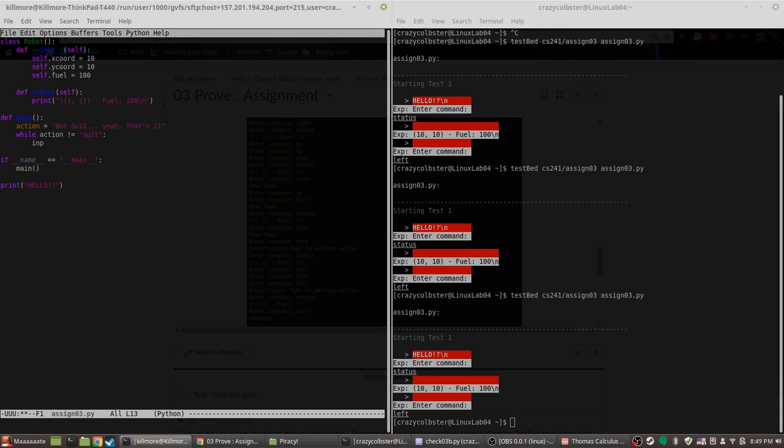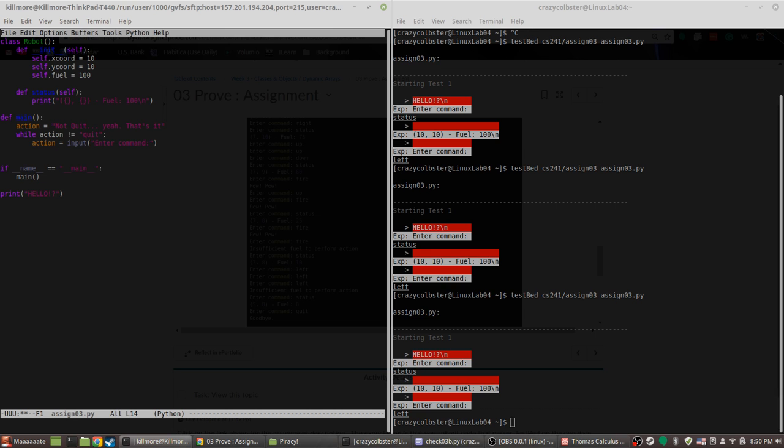Input command equals input. Oh wait, no, not that. Action equals input parentheses, quote enter command. I don't know how that's supposed to be a different color. Maybe it's not.